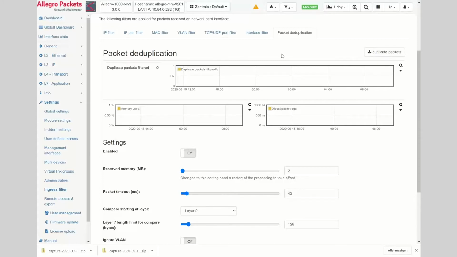Giving you a good example of what we realized when we tested it. The deduplication is working very well, except for two kinds of packets. Number one is TCP resets. A reset, usually in IPv4, has the IP ID 0. So if you have multiple resets within this packet timeout, you see a duplicate packet. It's exactly the same packet.